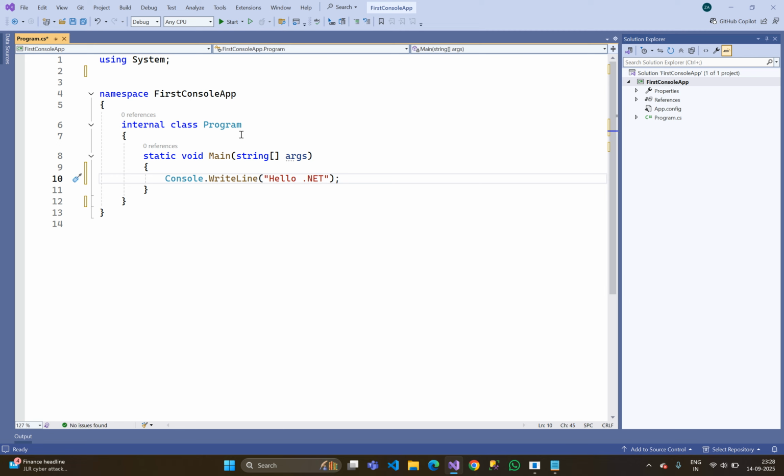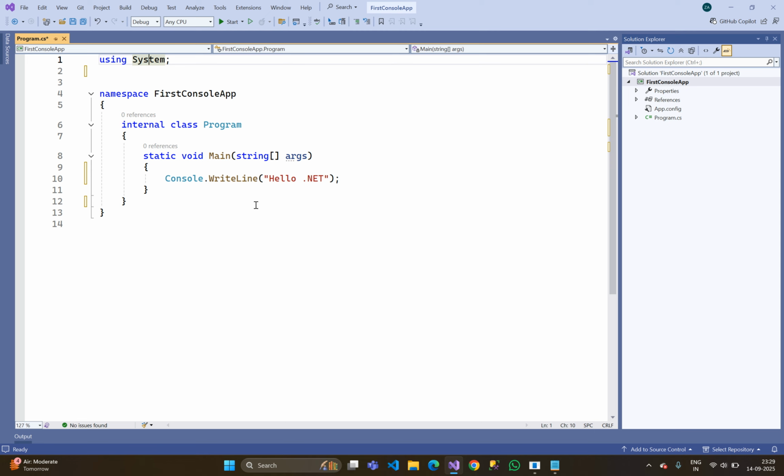This program is a class and the Main method is the entry point, and this function just works at this namespace. This using statement means I am including this System namespace in